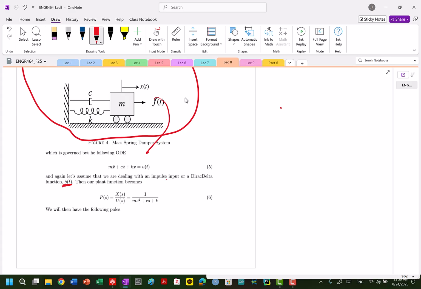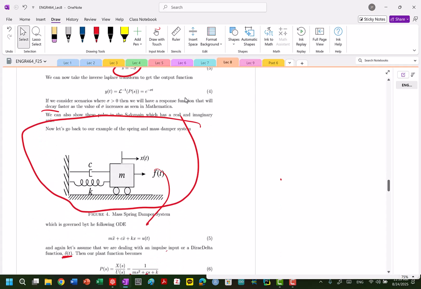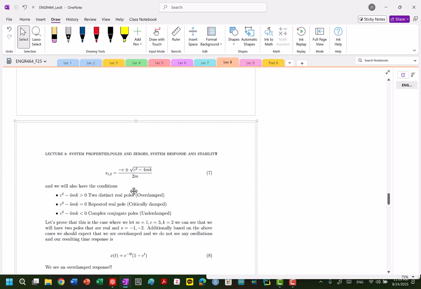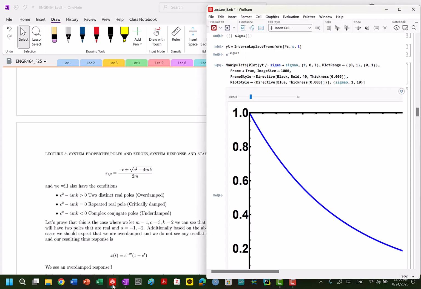And now you can see that you have s, just the quadratic formula, but you can change the positions of these poles depending on these physical constants. So that's kind of the same idea here. Depending on your system, and if you can tune some of the parameters, you can change the response and the control of your system. And if we are working with our good old friend, our spring mass